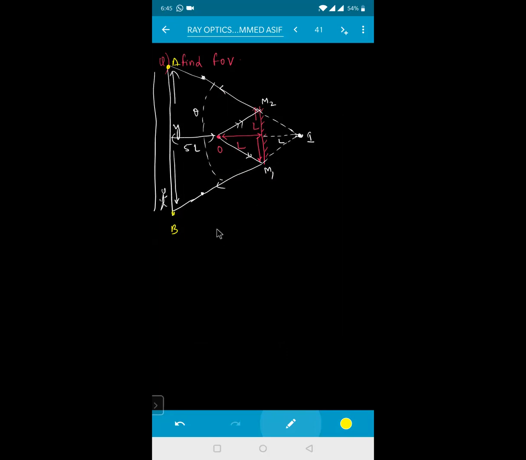First one is this larger triangle. So IAB is similar to your IM1M2. This is one smaller triangle and this one is one larger similar triangle. So IAB will be equal to how much, beta? This is your Y divided by your Y. This is your Y. This distance will be equal to how much for me, beta? Anyone, can you tell me what is the distance for this one, beta? What will be the relation? Similar triangles.